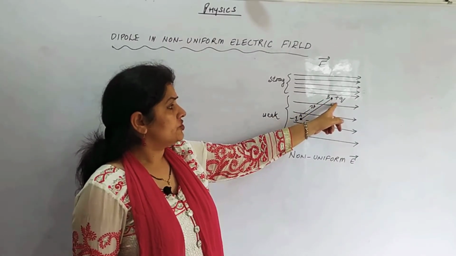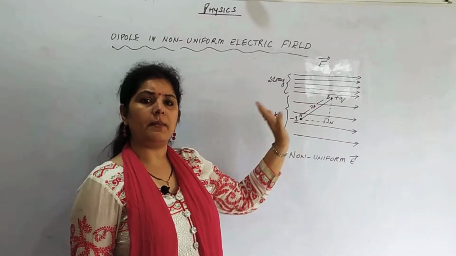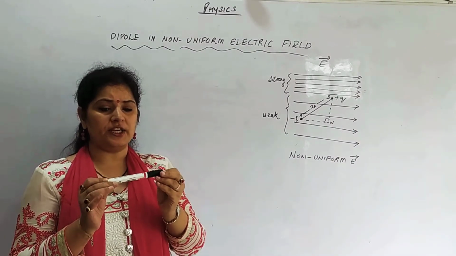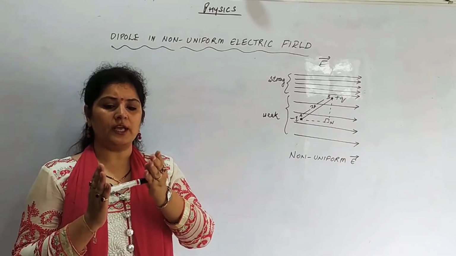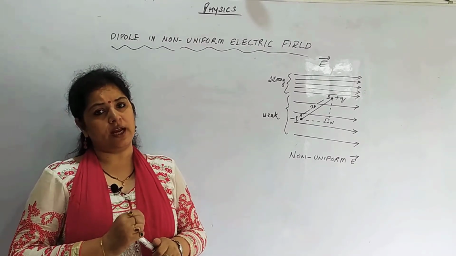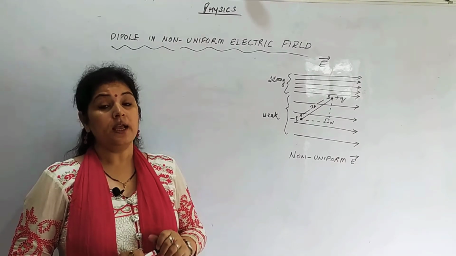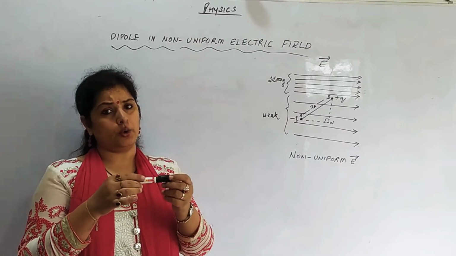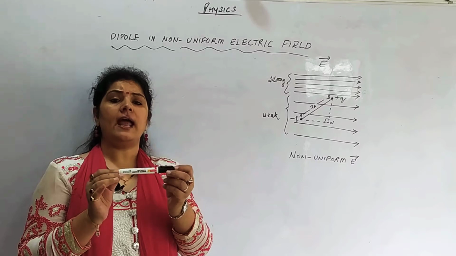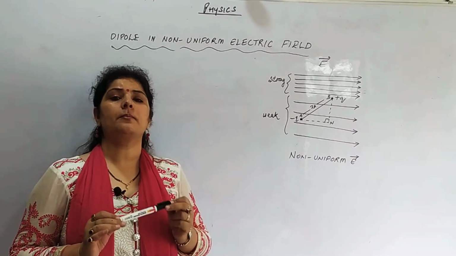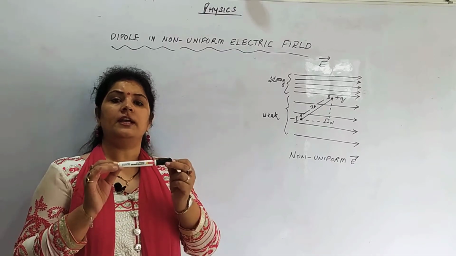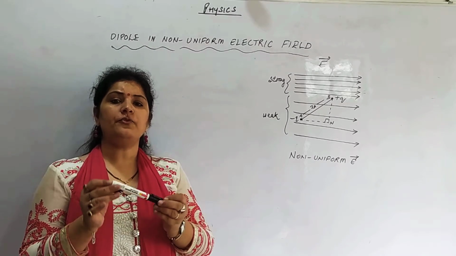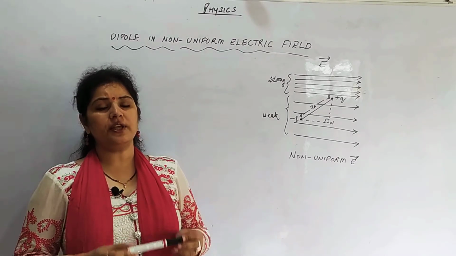Positive charge plus q will experience a force to the right, minus q will experience a force towards the left, and due to this there is a combination of minus qE and plus qE, and it tends to turn the dipole. That is what we learned yesterday also, right? But the field was uniform, so the dipole will rotate depending on the angle at which it is kept. We also discussed stable equilibrium and unstable equilibrium. If it is at angle 0 degree, it is stable equilibrium. And if it turns, still torque is 0, then it is unstable equilibrium.